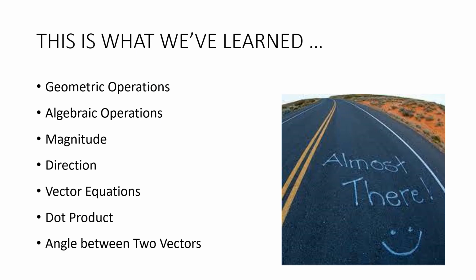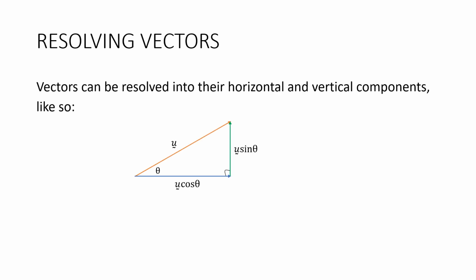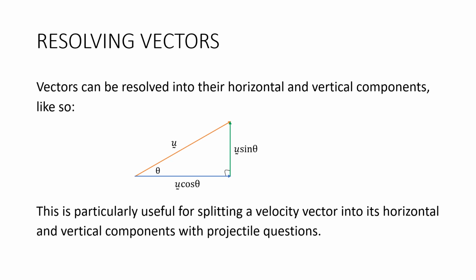So this is what we've learned so far. Geometric and algebraic operations with vectors, magnitude and direction, vector equations, dot product, and the angle between two vectors. Vectors can be resolved into their horizontal and vertical components, like this. If we have the vector u, then this is the vector u cos theta, and this is the vector u sine theta. And that's just simple trigonometry. This is particularly useful if we want to split a velocity vector into its horizontal and vertical components for